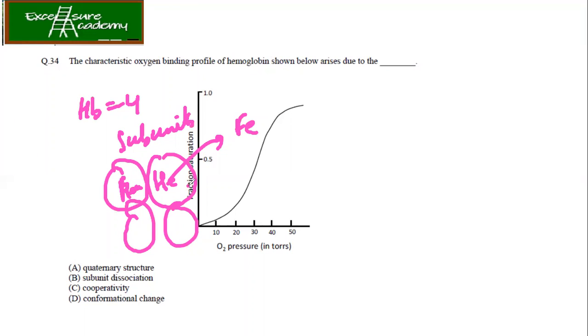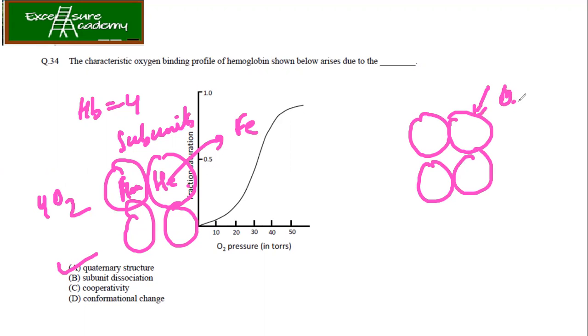So each hemoglobin molecule is able to carry 4 oxygen molecules. So even this is correct. Now, talking about the subunit dissociation. In the case of hemoglobin, whenever one subunit binds to oxygen, let's say that this is your hemoglobin,